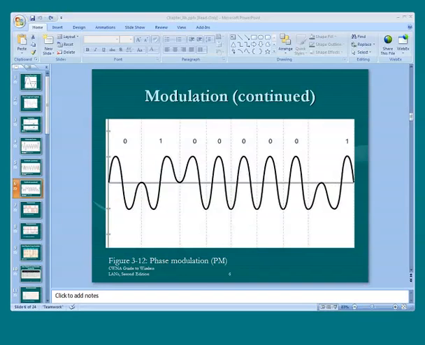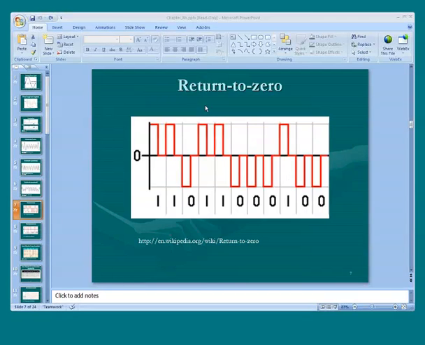Right, so let's take a look at the return to 0. In this particular graph, we see the time slots are demarked by a solid gray line. Again, we have the 0 bar, which in this instance represents 0 voltage. To produce a 1 bit,